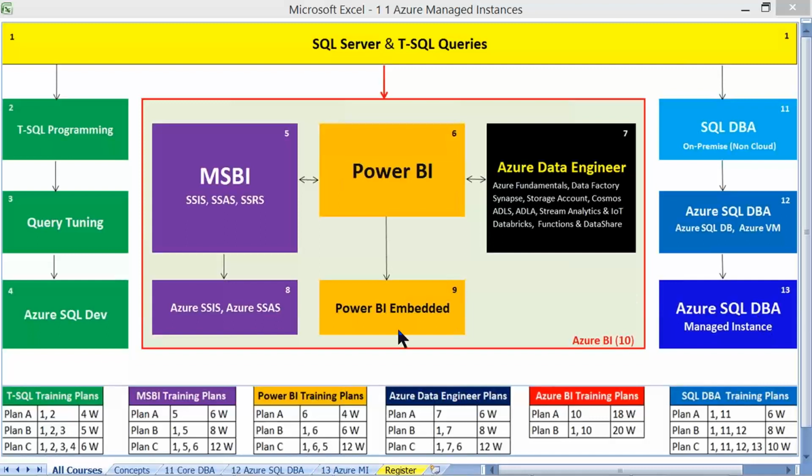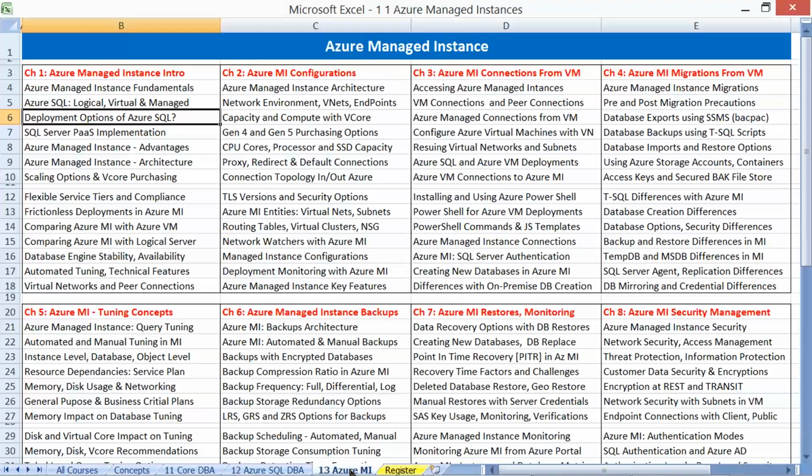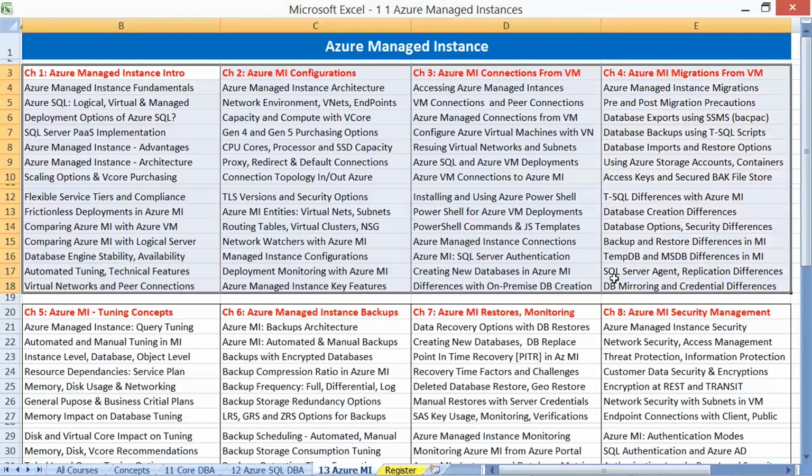And what we are going to discuss here. Yes, in our Azure Managed Instance course, we shall be understanding right from the basics on Azure Managed Instance introduction activities to configurations, connections, and migration activities.